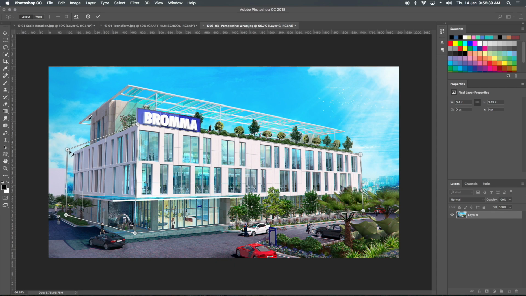Okay. Now I take it to the second point. This is also connected, and now I'll match this. So overall you can see our mesh or perspective warp is taking the shape of this building.